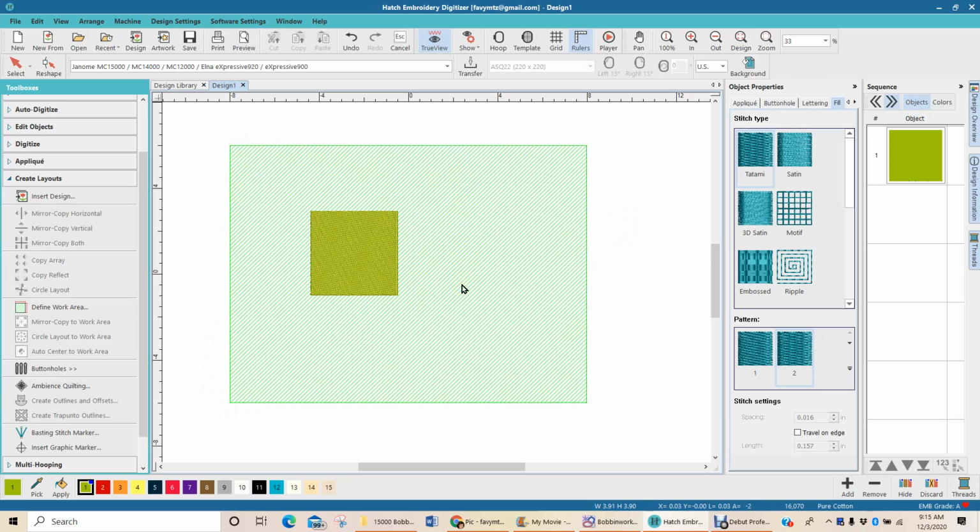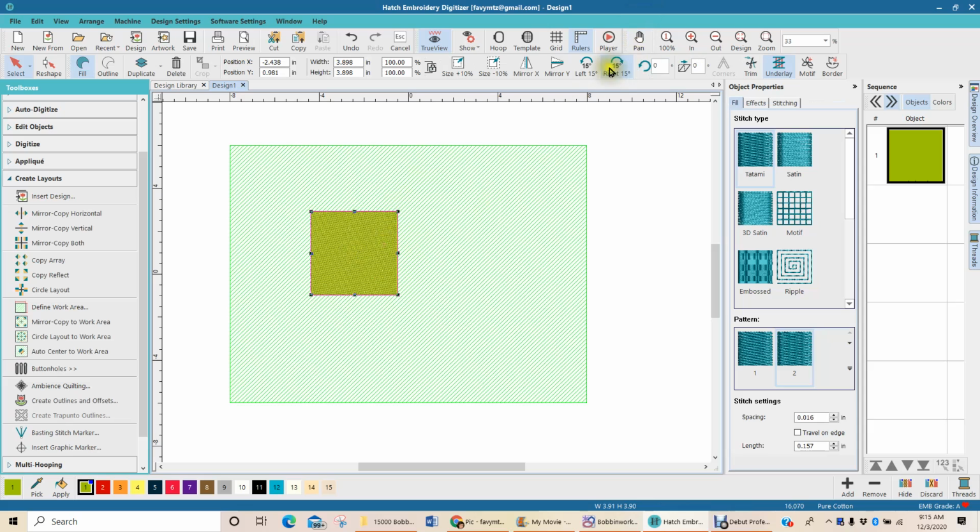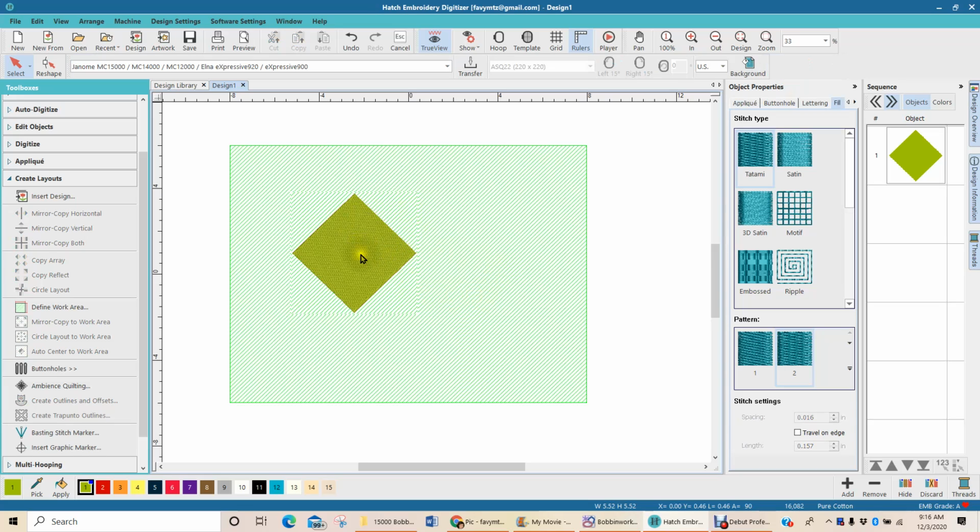All right, so this is the work area here on the screen that you see here with the light green box. The next thing I did was, because I knew that I was going to make a square and I knew I wanted my square to be on point, which basically means that I wanted it to look like this once I had it in my actual project. I needed to figure out how big of a square I actually wanted. So I created a square, and in this program, the way that you do that is